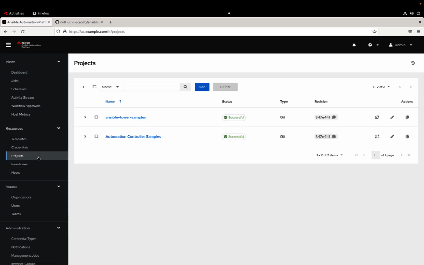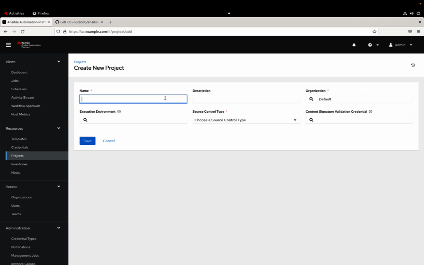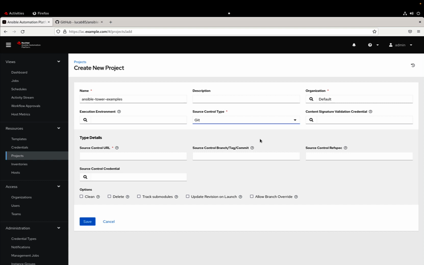Let me jump to the project part and let me add this as a source code, for example, Ansible Tower examples. Okay. This is a Git repository, so we need additional information, and let me paste the URL. I don't need any further information because it's already on the